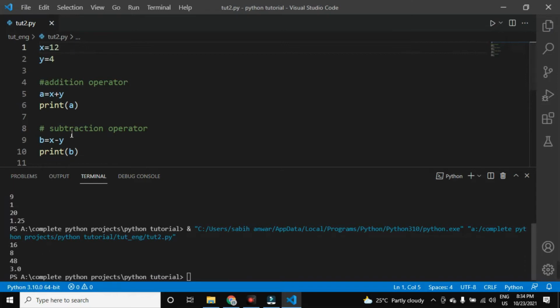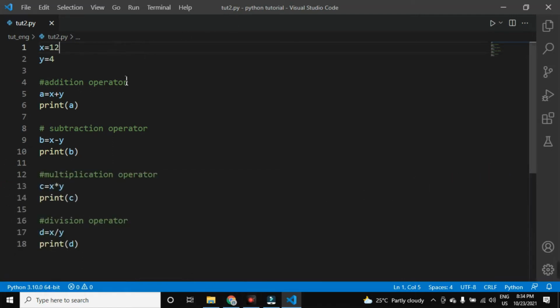But see over here, when we divide 12 by 4, it divides completely, 4 threes are 12. But why is it showing 3.0? Because in Python it will give a float when we divide one number by another. It will not give an integer in any case. If we convert it to an integer, then that is another condition. But in this normal condition, when we divide x by y, it won't ever give an integer. Okay, so you got this, note it in your mind.